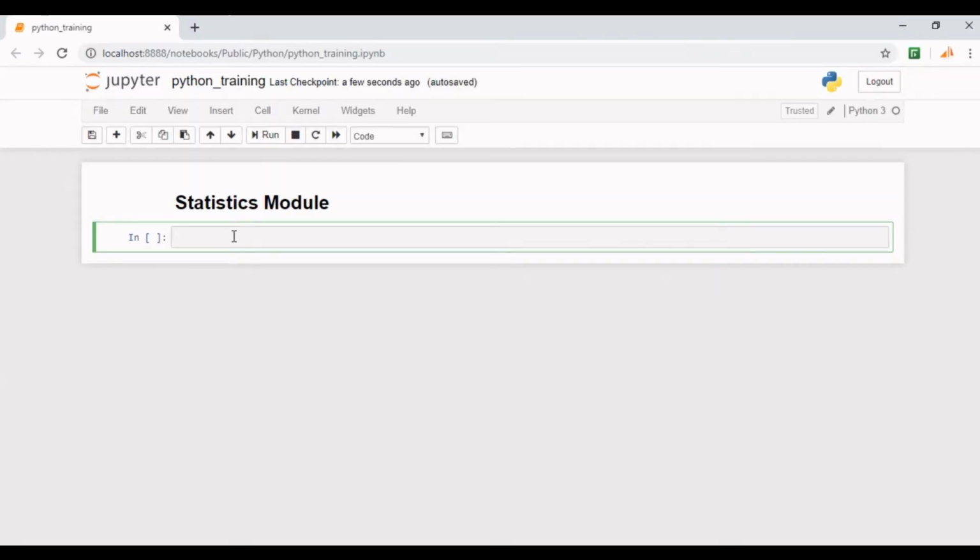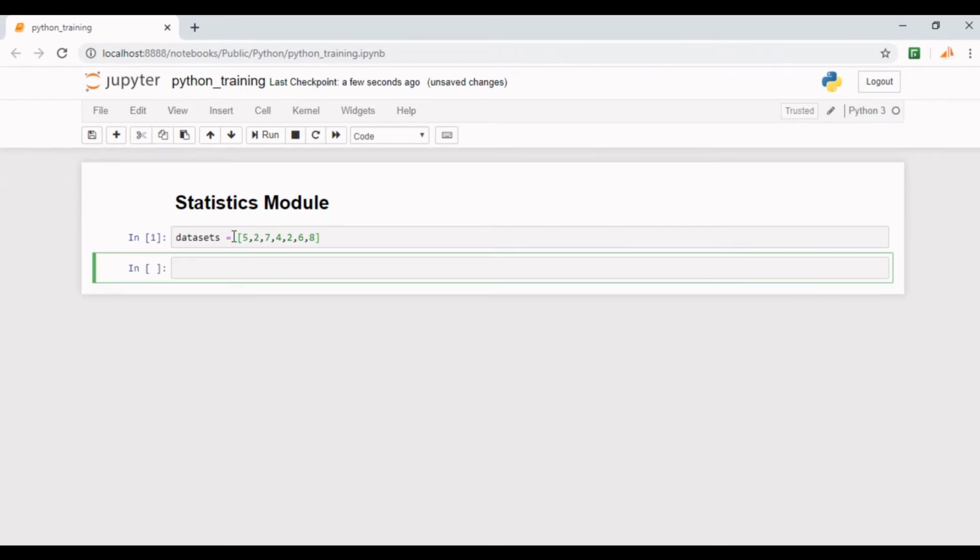Suppose you have a collection of some numbers packed in a Python list, say datasets equals, and if you want to find the arithmetic mean of these numbers, how can we do it without going into the details of the data and concepts of statistics? Python provides a very rich library, statistics, for that.